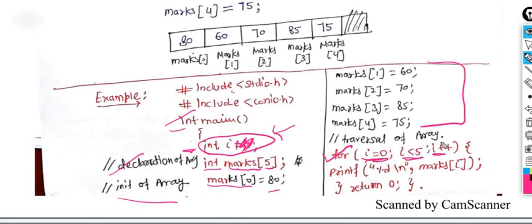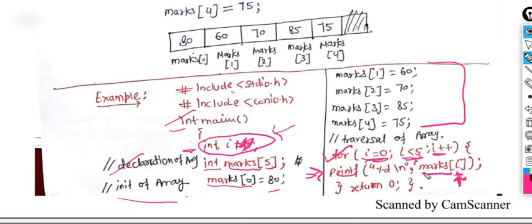And what should you have to do in this loop part? You have to print the marks value. With the help of i, we are trying to take the index value. So each and every time we are updating the index value with the help of the increment operator, and with the help of the for loop we are repeating the same statement again and again. So the for loop helps us to increment and to check the condition until it becomes false, and print the same thing again and again, right?